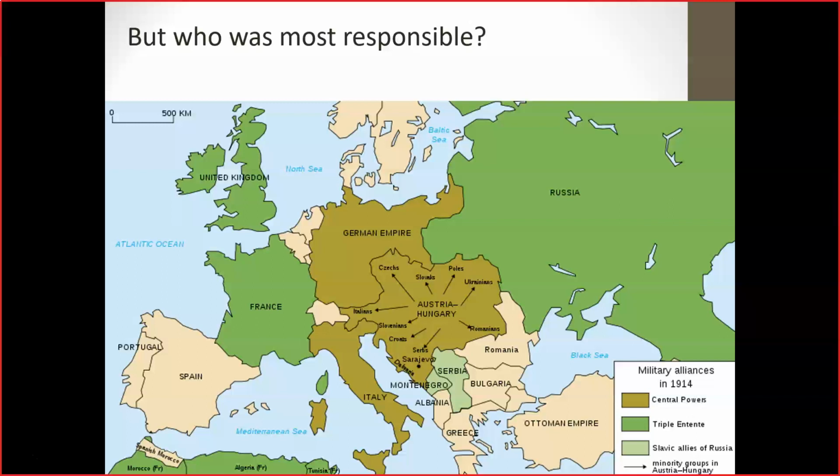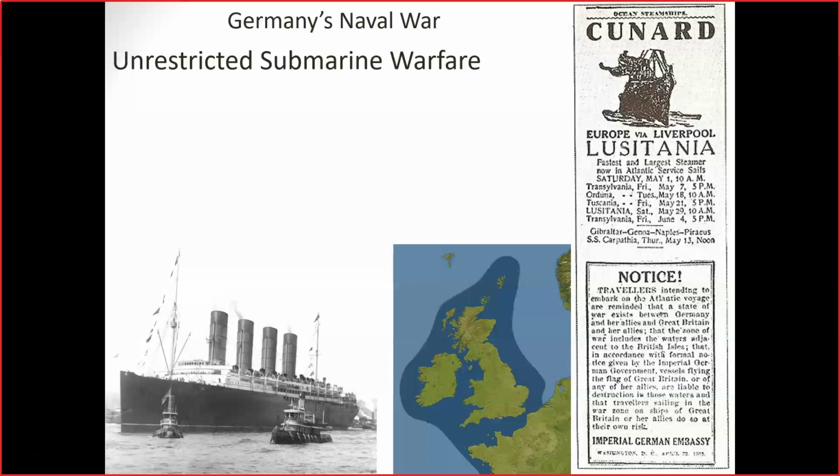But once that's the case, what brought the United States into this war? For the United States, there were two really major factors that were connected. And one of them was Germany's Naval War. Germany was using U-boats or submarines in what was known as unrestricted submarine warfare. This is connected to the United States because the policy of the United States at the time is neutrality.